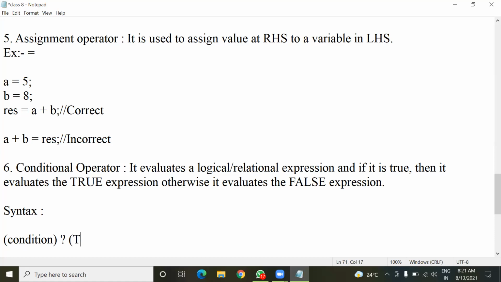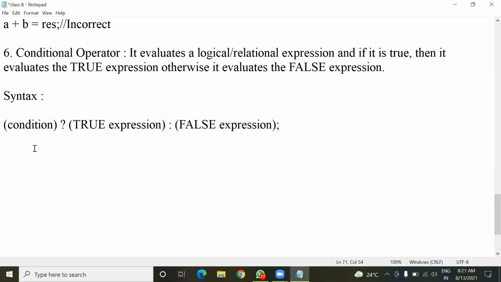Then here comes the true expression, and then the colon symbol is used. Then comes the false expression. So this is the conditional operator.